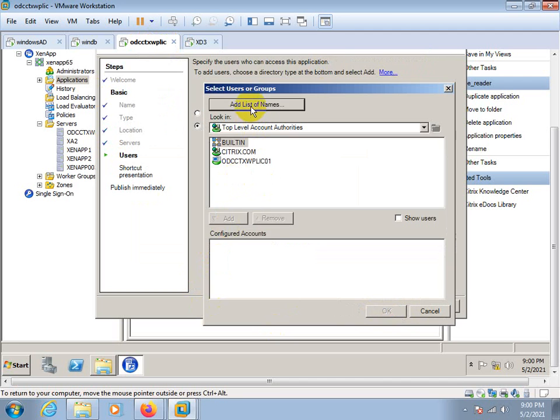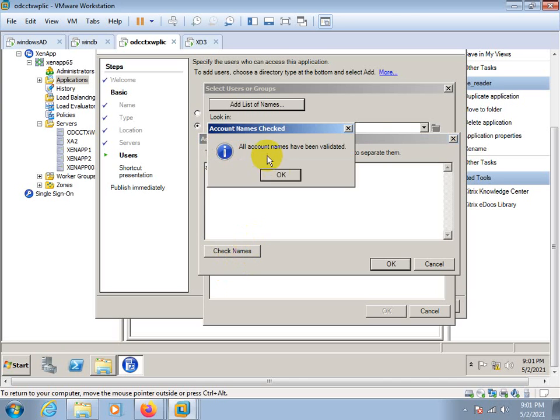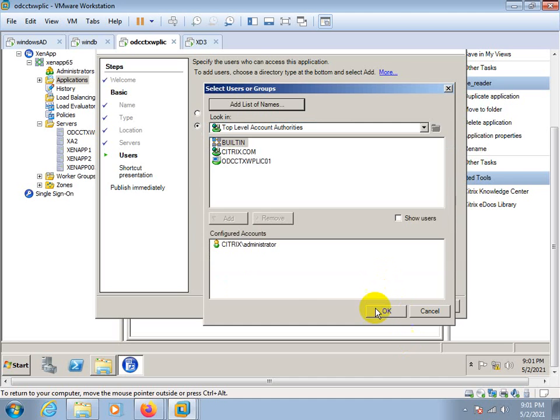Next. Add. That name is filter. Okay, user is added.